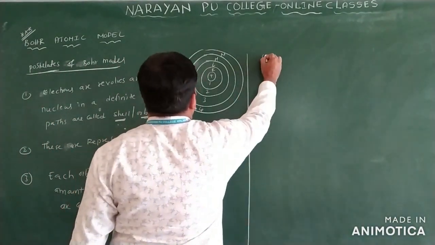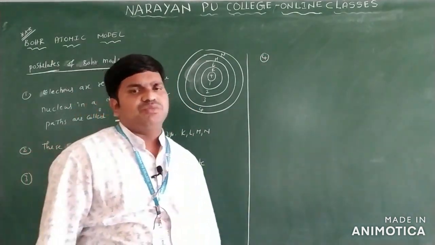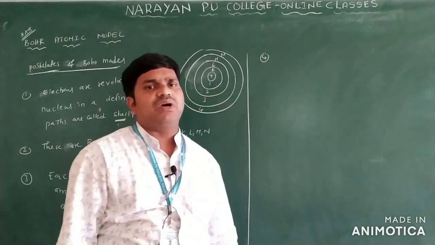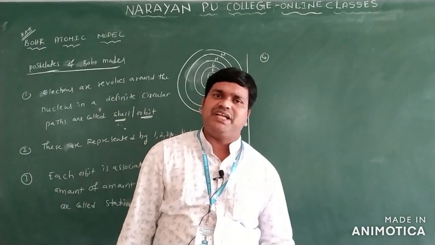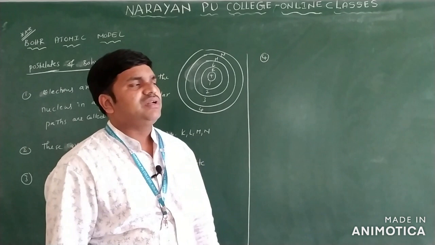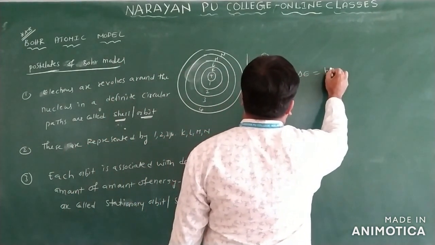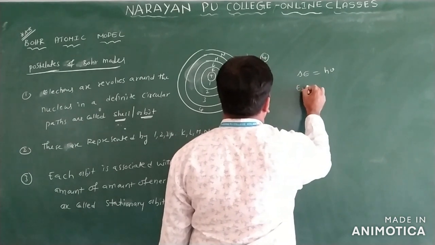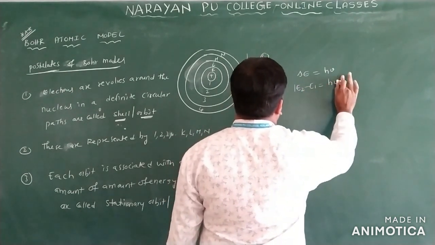Okay. Next point you can see here: suppose when an electron jumps from a higher energy level to a lower energy level, the difference in the energy is emitted in the form of which one? Radiation only. That difference you are writing here as delta E. Delta E is equal to h nu. Delta E means what here? E2 minus E1 is equal to h nu only. This is one of the formulas we have.